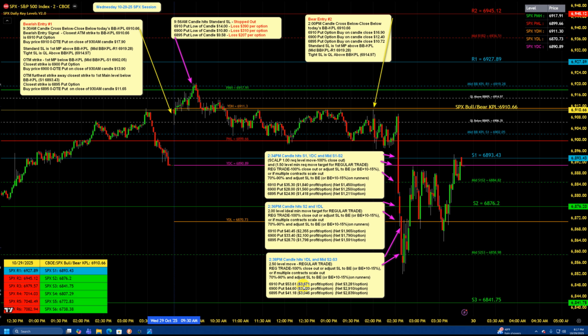53.61, that's $3,671 profit per option. That's a net of $3,281 per option after we factor in the previous stop out. 6,900 out of the money put, 3,200, that's 44.60. That's $3,220 profit per option, or a net of $2,910 per option after factoring in the earlier stop out. And the furthest out of the money put, 41.18, that's $3,046 profit per option, or a net of $2,839 per